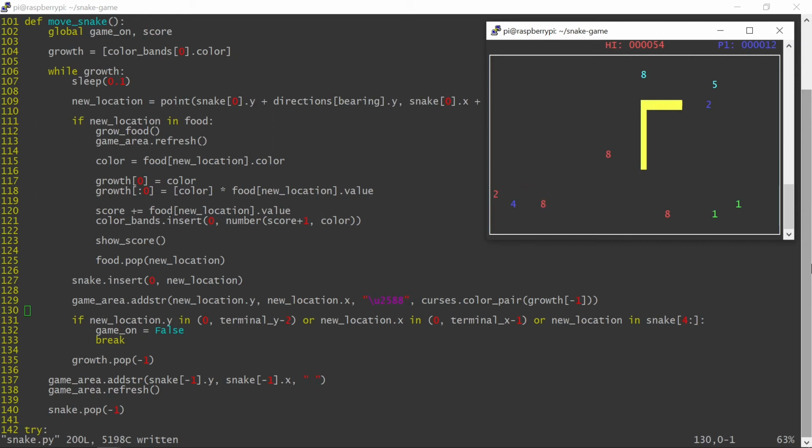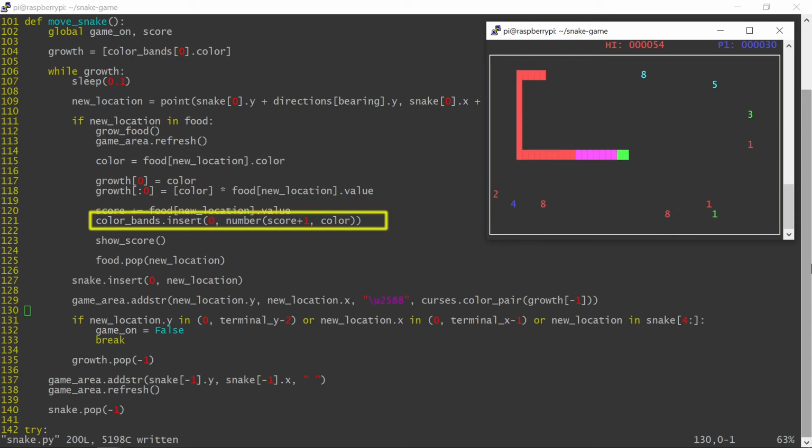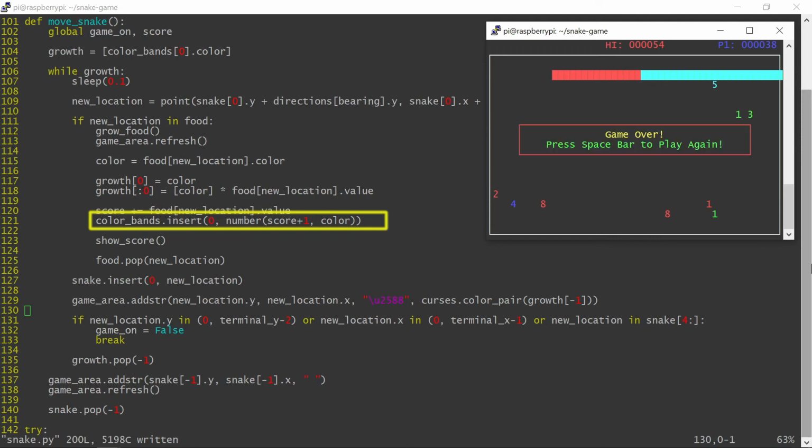This actually looks pretty good, but I want the snake to retain the colors so the snake becomes permanently multicolored. Now the color bands list becomes actually useful. It will be used to redraw the snake where each beginning of a color band will be moved forward. This is similar to what was done with the snake's head before, but now it will be done for each beginning of a color band.